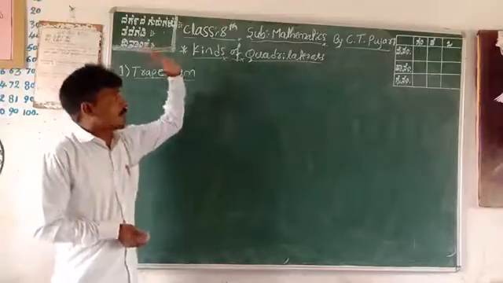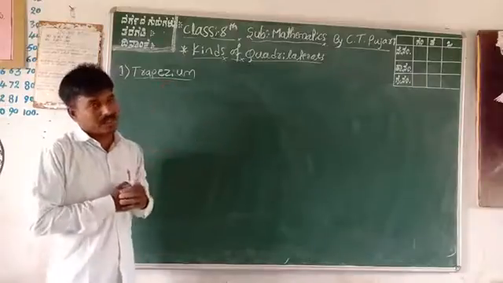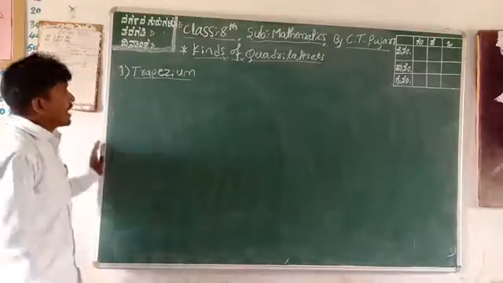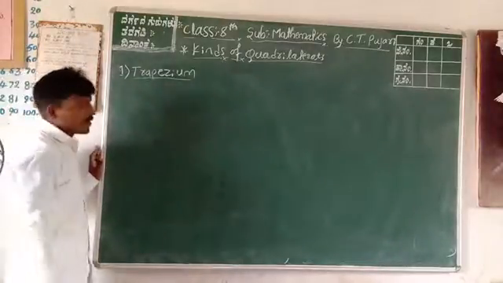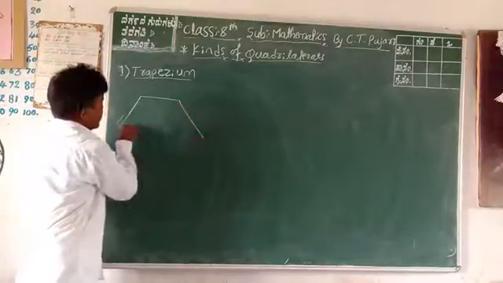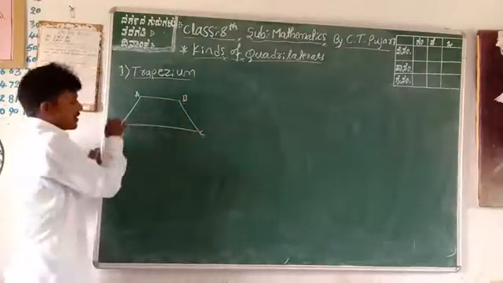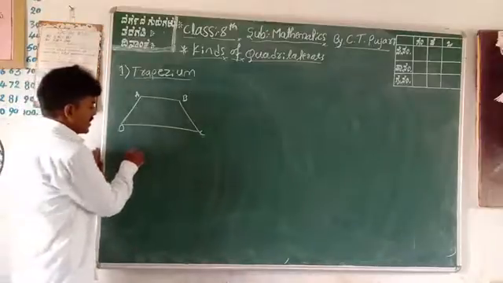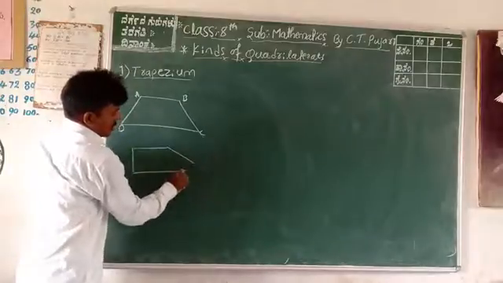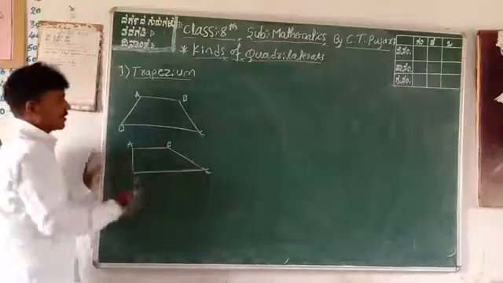In all the types of quadrilaterals, what are the kinds, otherwise the characters, of quadrilaterals? The first one you can study about is the trapezium. Kinds of trapezium means first we can draw the trapezium. For example, A, B, C, D is a trapezium. Otherwise, this is also a trapezium, A, B, C, D. This is also one trapezium.